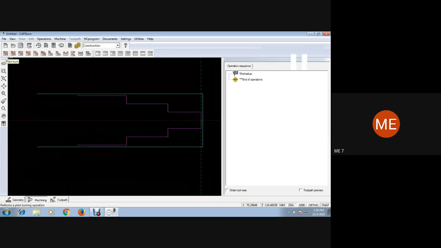So we have options for plane turn, contour turn, and so on, plane facing, contour turn, contour face, contour turn along the path. We have several options. Then finish turn for finishing operations.